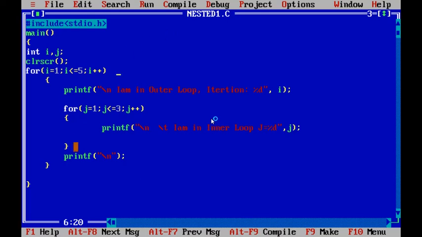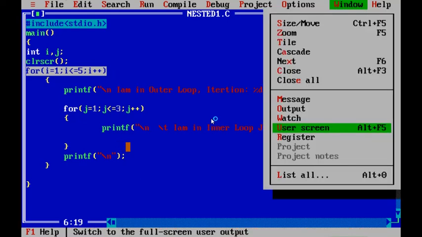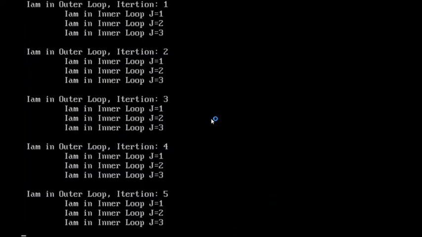If you write the loops individually, these two for loops written individually, what happened? The first for loop will execute 5 times, the second for loop will execute 3 times only. But in this case, what happened? The inner for loop is executed 5 sets of times.